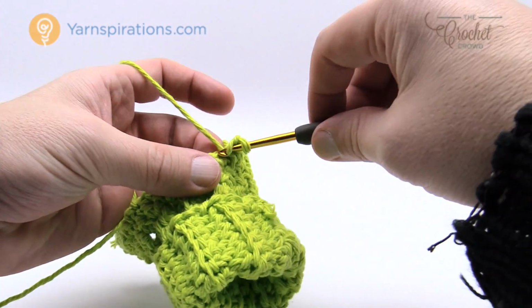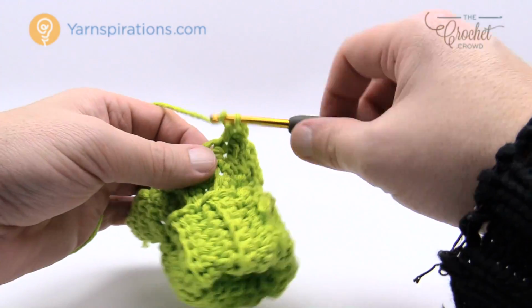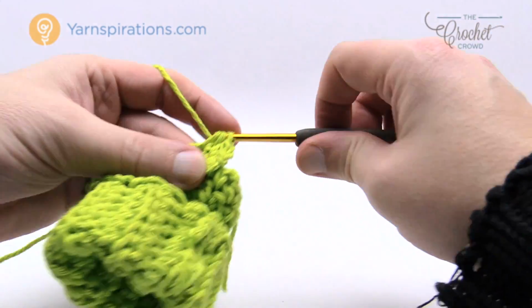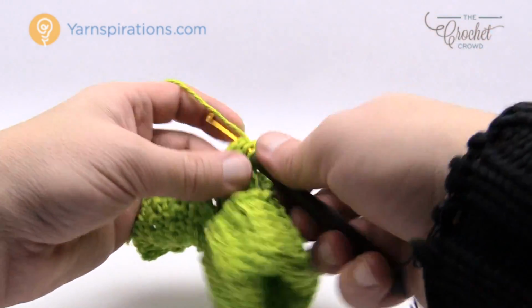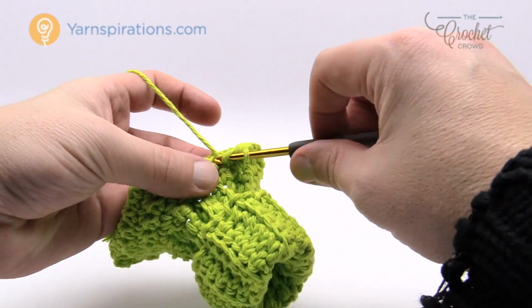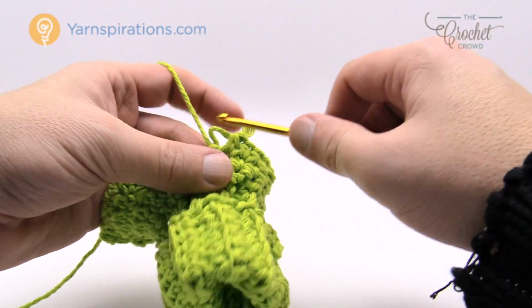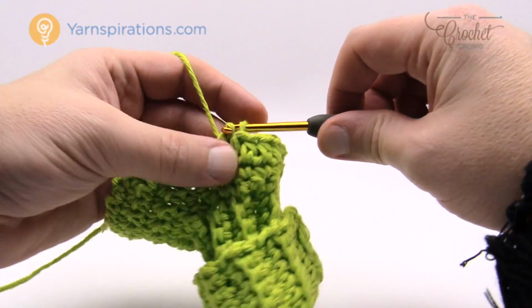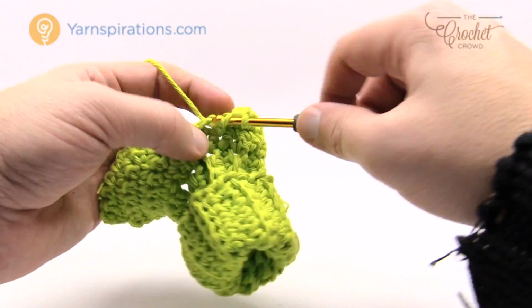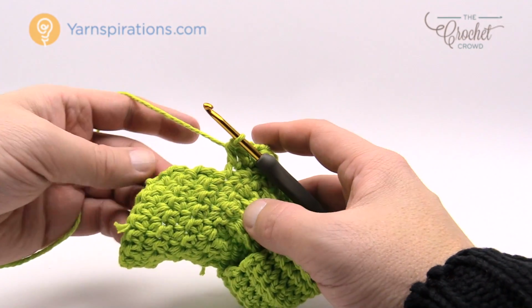Usually I screw up on these booties so bad it's not even funny. So we're gonna do 6 half double crochets. So 1, 2, 3, and 4, it's 5 and 6. Now it says to put in 7 half double crochets down the side of the instep,